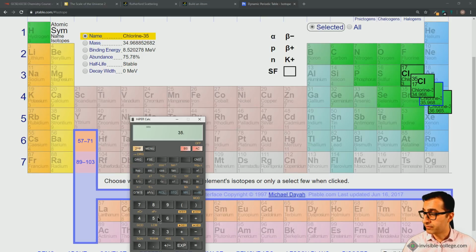So we do this, 35 times 0.7578, and then we add that to the mass number of chlorine-37 multiplied by its relative abundance, which is 24.22%, or as a fraction, 0.2422. So we do this, 37 times 0.2422, and we get the relative atomic mass of chlorine expressed as a